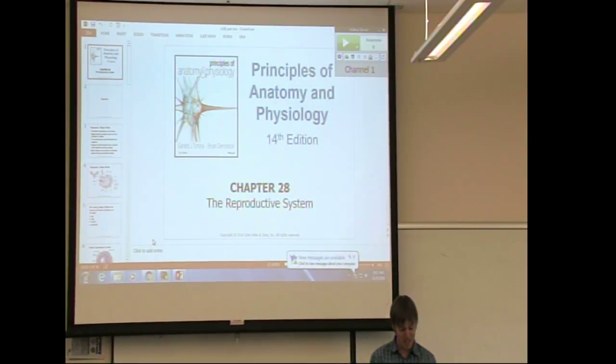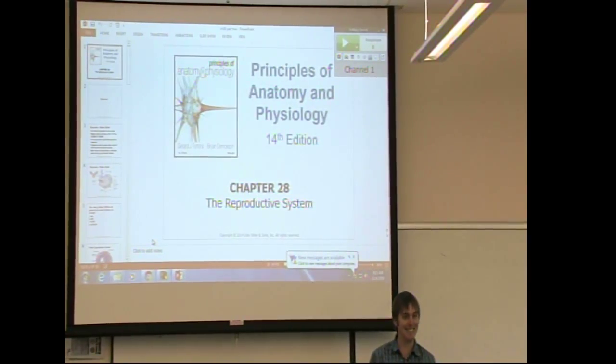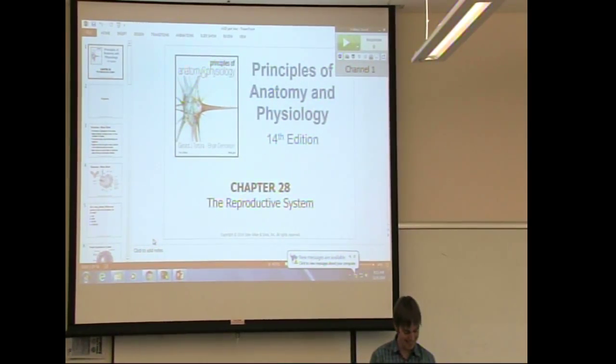Where does fertilization happen? Uterus, ovary, fallopian tube, or wedding night? If you put D, it is C. That's true. So it's the fallopian tube where it should happen. Ectopic means it implants in the fallopian tubes. So it's supposed to get fertilized in the fallopian tube, start developing, and then implant in the uterus and lay down.